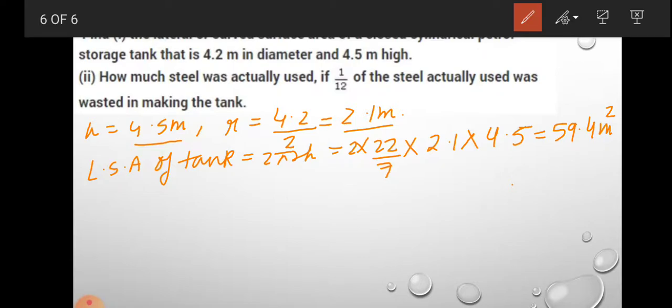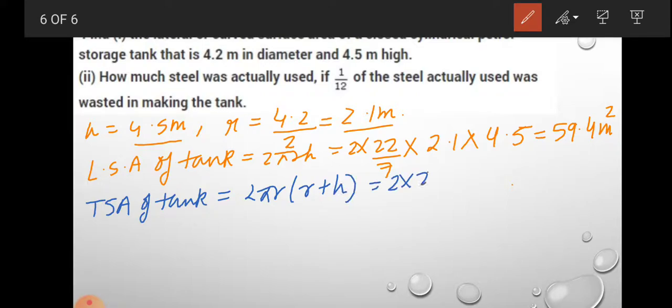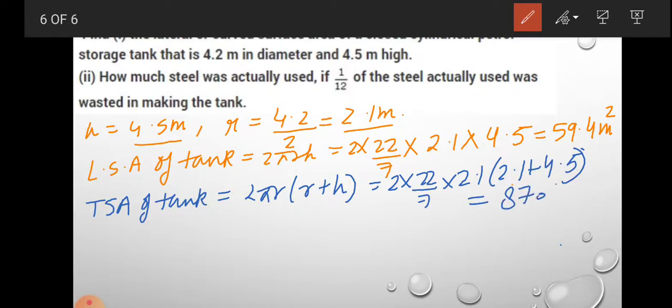Now total surface area of tank. Total surface area of tank is equal to 2 pi r in brackets r plus h, which is equal to 2 into 22 by 7, into radius 2.1, into 2.1 plus 4.5. On solving this, we get total surface area is 87.12